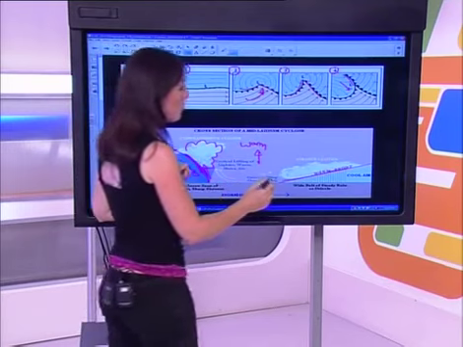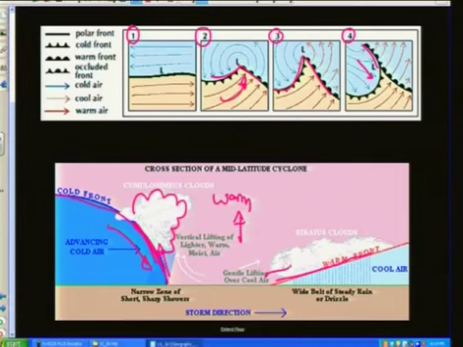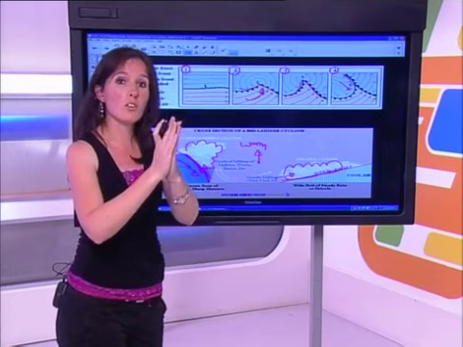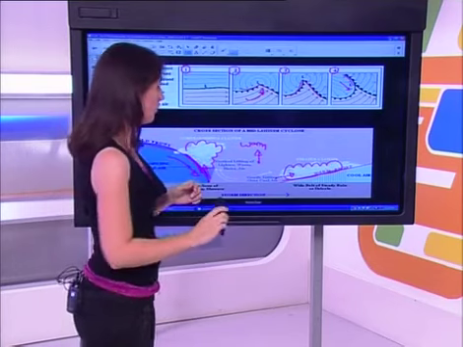If you have a look at the warm front, air is still rising here, but it rises at a very gentle gradient. So it forms a different type of cloud. The uplift is not so forced, it's not so rapid. We'll find that we form a few, or quite a lot of actually, nimbostratus clouds. And they're very widespread, and they'll give us very soft soaking rain. Okay, because of those different gradients which the warm front and the cold front form.